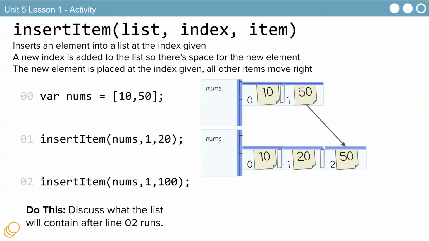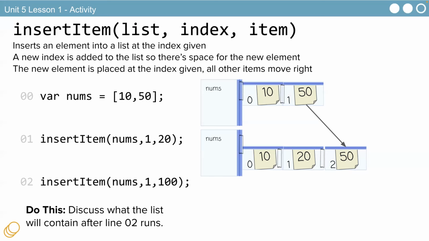We're inserting an item into this list at index 1 with a value of 20. So 20 gets index 1. And if 20 gets index 1, everything else shifts down. Same way as deleting, everything shifts forward. Correct. It's the opposite of deleting. Everything shifts the other way.